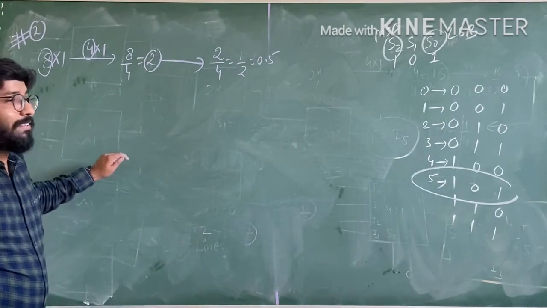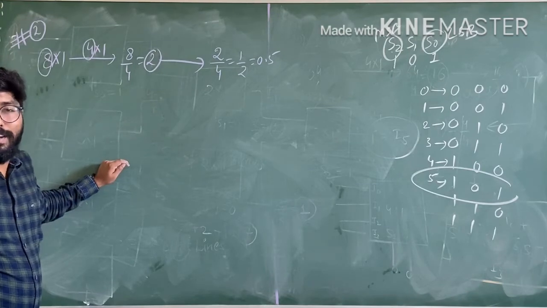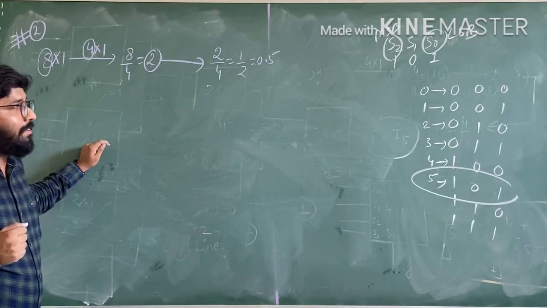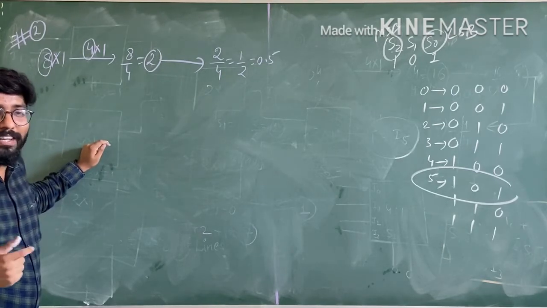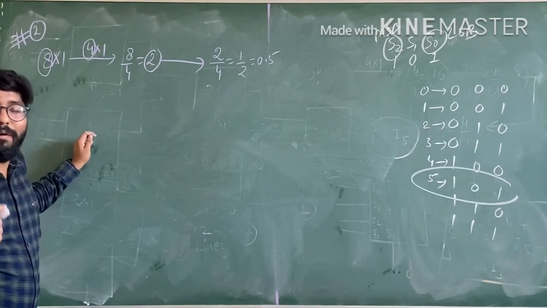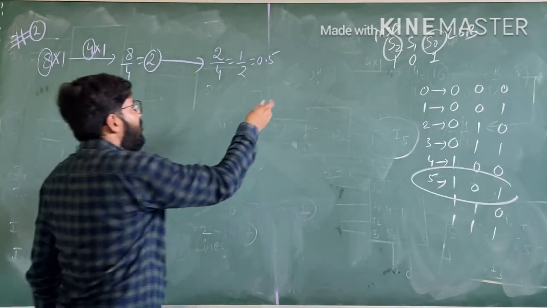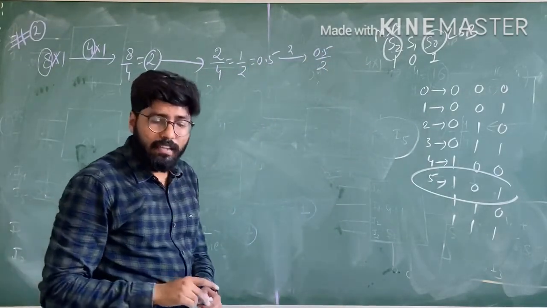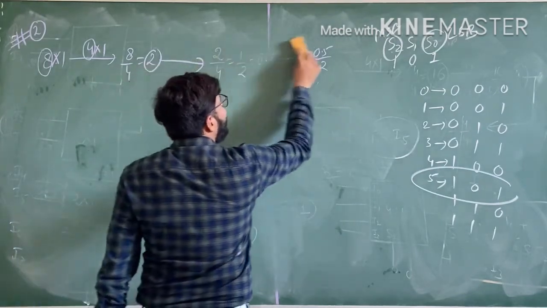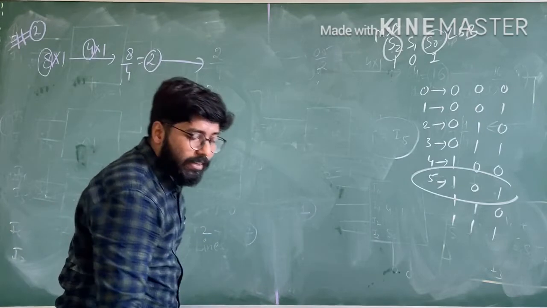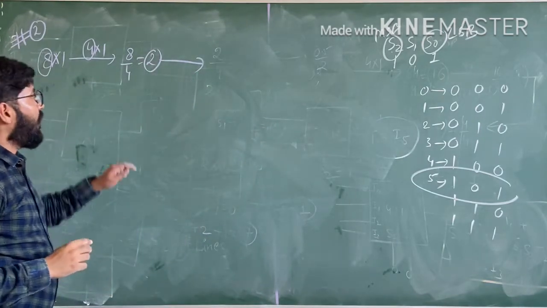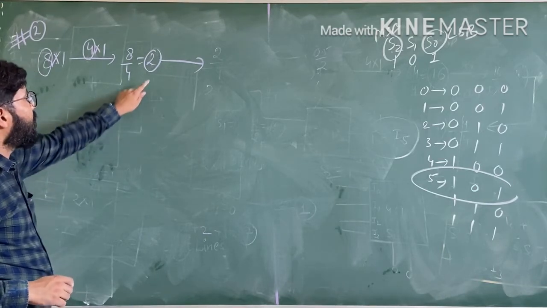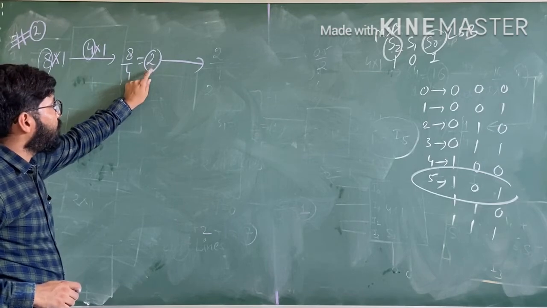Okay, so this is the critical point here, not the same concept that we used in the previous case, because in the previous case we got a remainder 1 in all the questions, but in this question we will not get a remainder 1. We will again divide 0.5 by 2, and we will not get a remainder 1. You get a remainder in point form. So in that case you have to see if the remainder becomes less than 1.